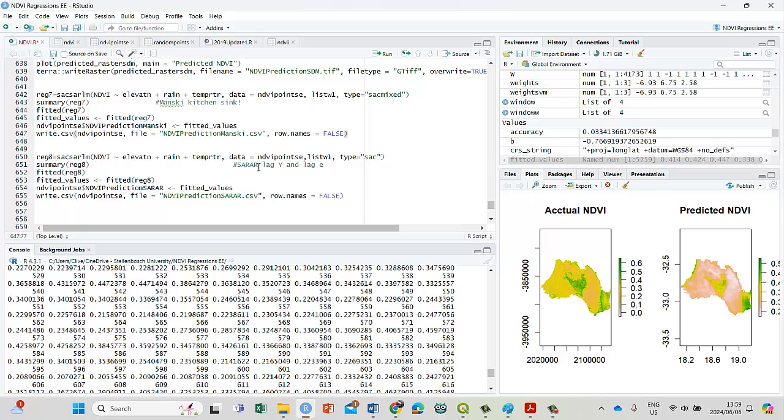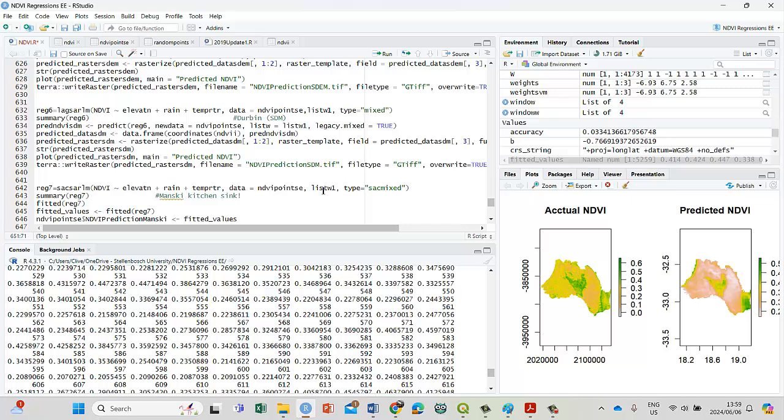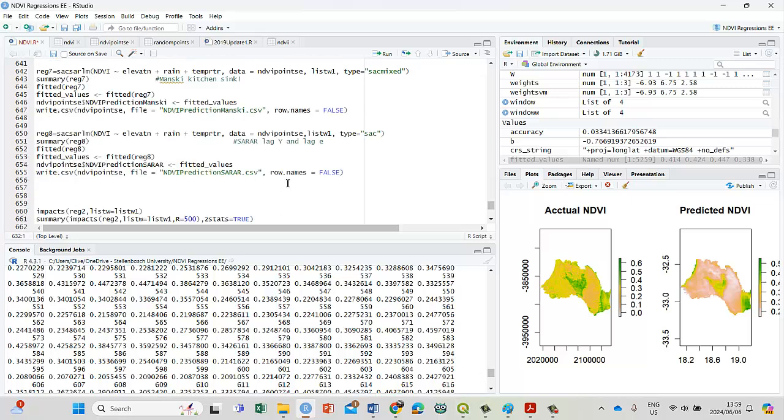this SARAR model, which is lag Y and lag E. Remember this one, lag 7, that actually should be before that. Lag 7 has lag Y, lag X, and lag Y. This one here has all three terms. This one only has lag Y and lag E, which is similar to, I think, 6. Is 6 not also just that? Yeah, I think 6 is also just that. Anyway,